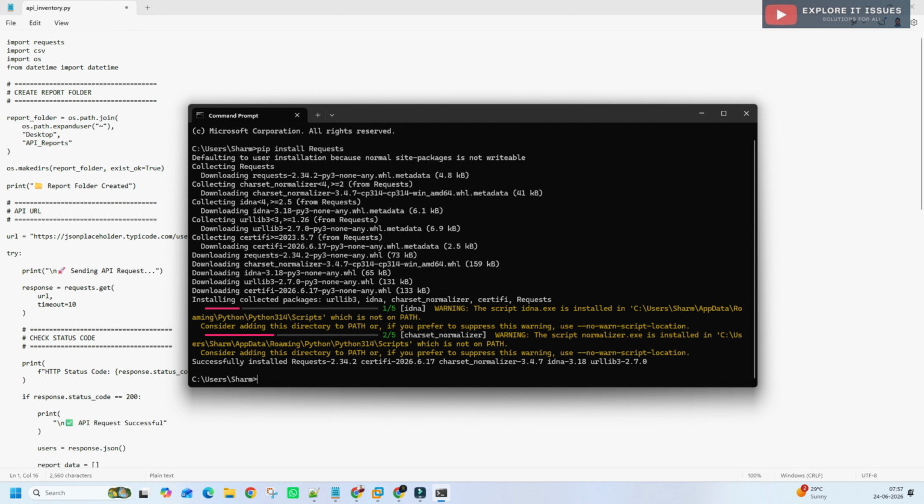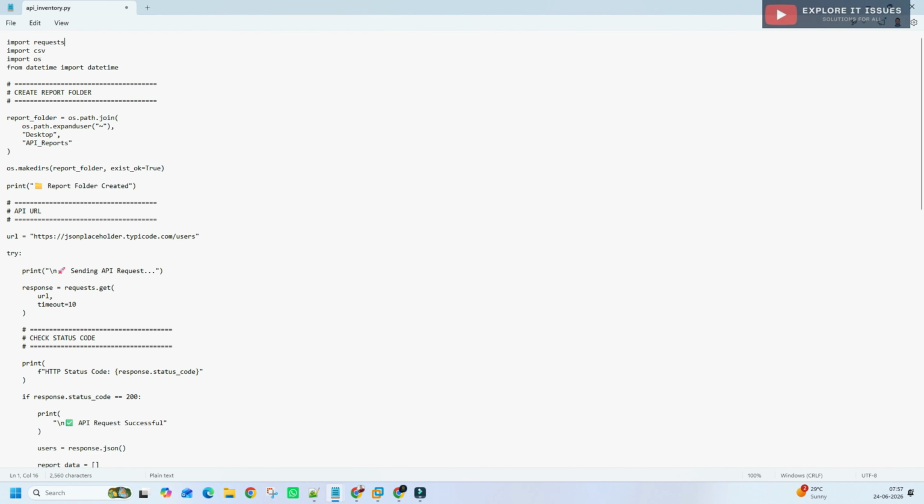Requests is the most popular Python library used for communicating with APIs. So what is requests? Requests is a Python library used for communicating with APIs. That's why we need to install it. Now the URL is shown, where the URL is equal to https like this. This is an API endpoint. Think of it as the address where data is stored. Your data is stored on this server, so we have used a virtual URL.